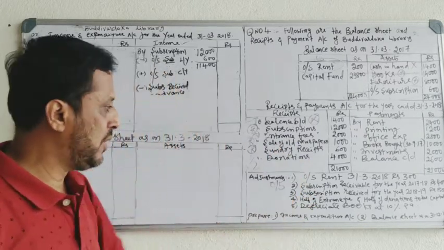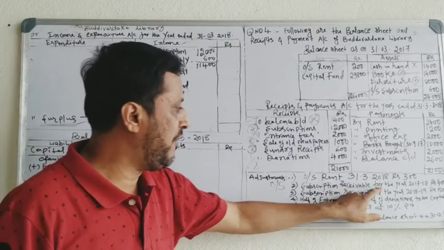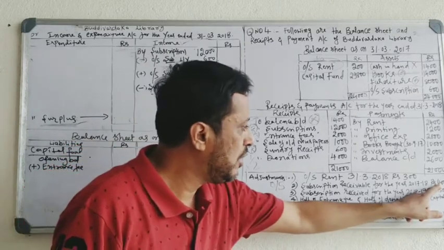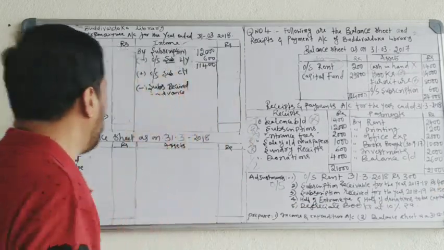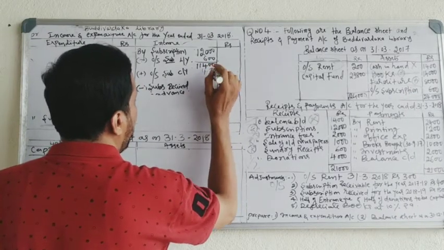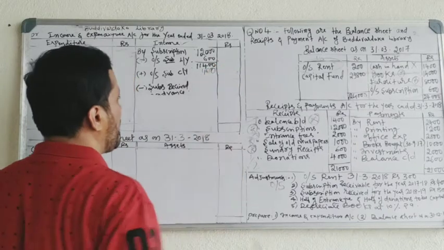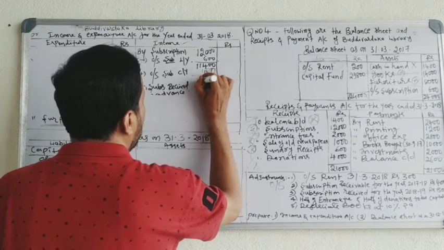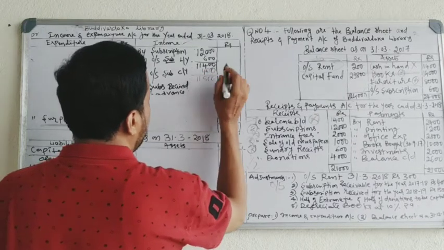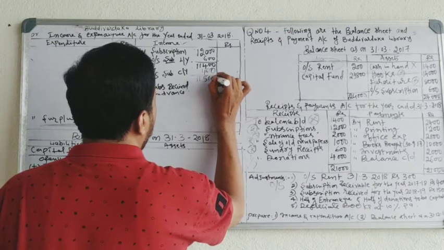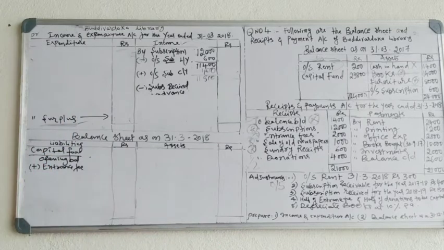Subscription receivable means subscription outstanding for the year 2017-18. Current year subscription outstanding, how much? 400 rupees. This current year outstanding subscription you have to add, 400. So total is 11,800. Now, next is